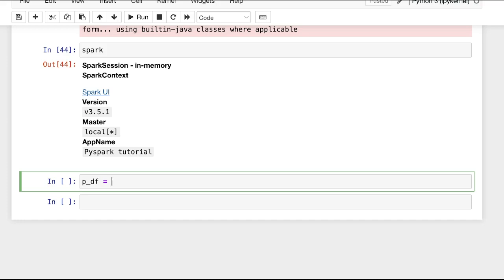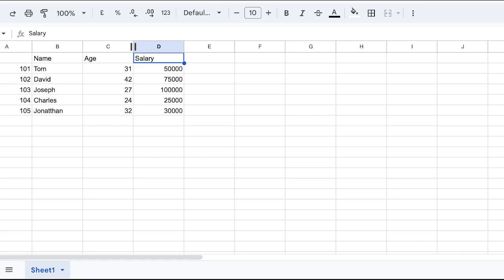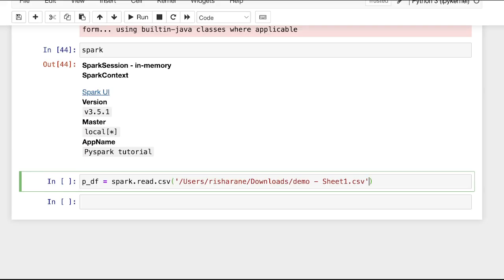So we are naming it p_df, and in that we will take the help of this spark variable which we have created and into which we have loaded our Spark session, spark.read.csv, and here I will provide the path. This is the path on which my dataset is stored, this particular dataset, and let's run it. So now the dataset is loaded successfully.